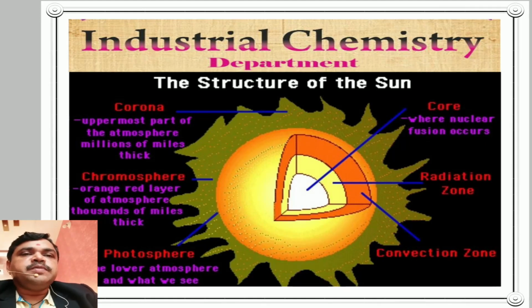And this figure shows different layers and their particular matter. The total gradient flux of the sun is about 17 into 10 raised to 18 kilowatt, and the energy is stored on the earth's surface each year by radiation of hot solar rays at the rate of 1.35 kilowatt per meter square,